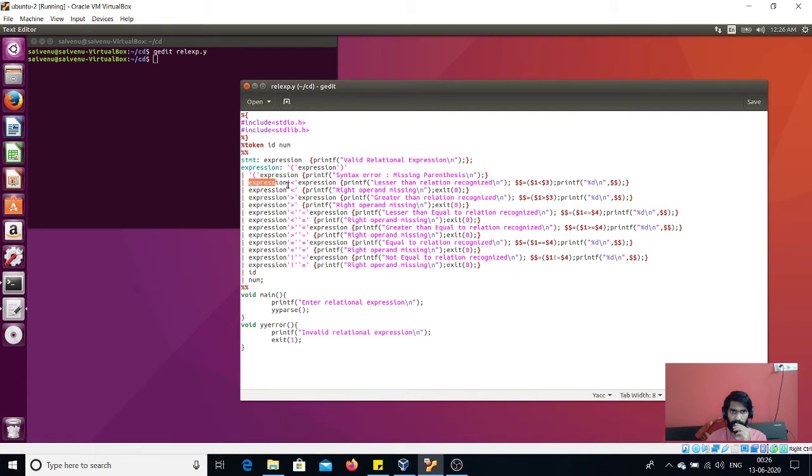Similarly, let us talk about expressions which are valid, like this expression. So on left hand side, there's one expression. Right hand side again, there's an expression, and in between the two expressions, there is a lesser than symbol. So this is a valid expression for which we can find an answer. So we print lesser than relation recognized because this is a lesser than symbol, and then we also perform this